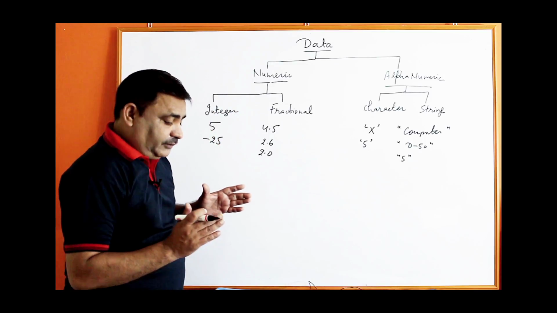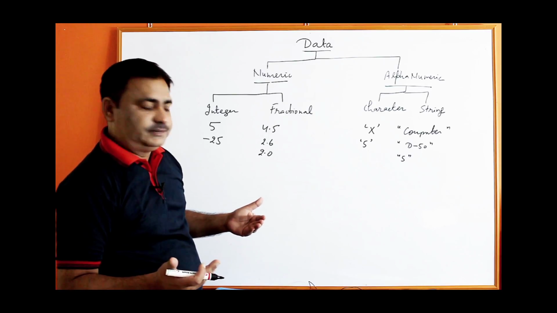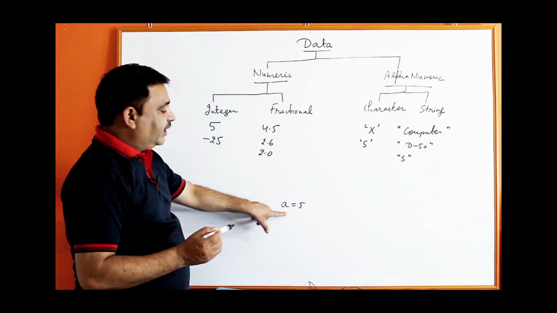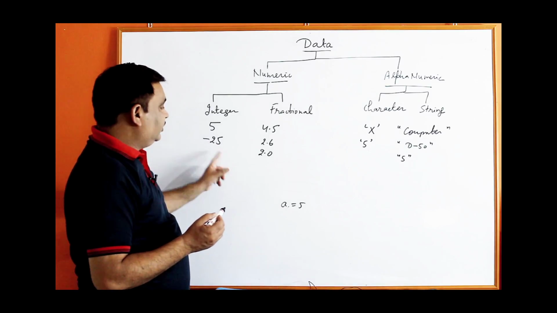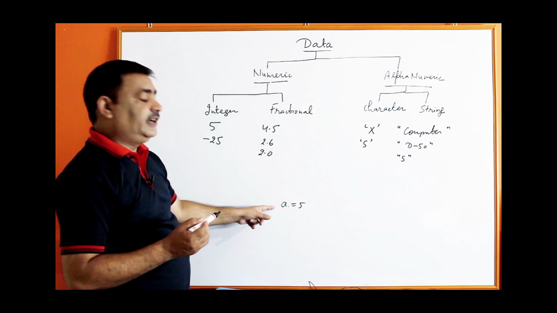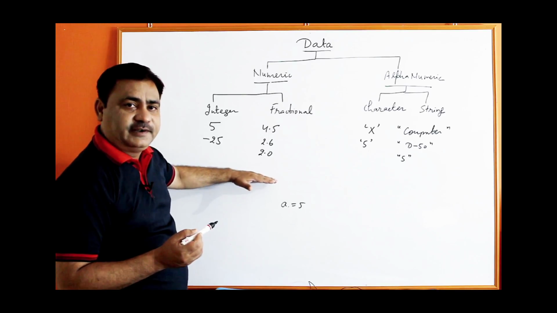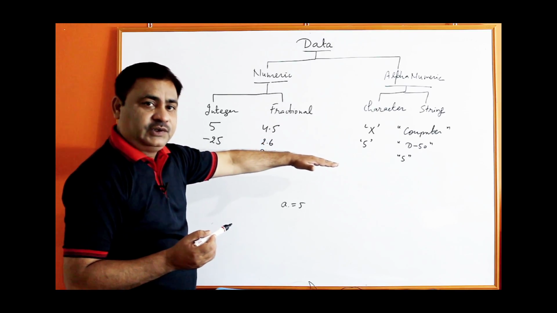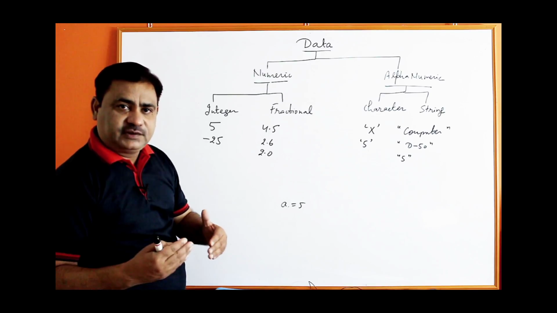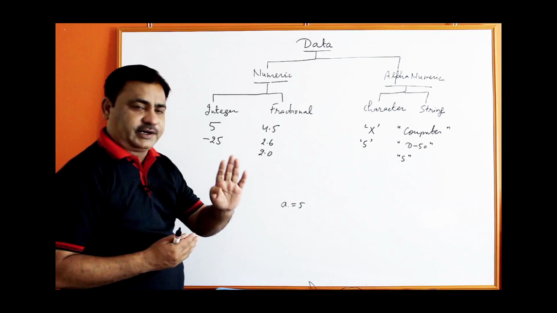Now if you have to write a program in Java and you have to use some variables, like the variable a equal to 5, what type of variable do you have to take? You have to take integer, fractional, character or string. So you have to declare it first, at the beginning of the program, what type of variable it is. So Java provides us 8 primitive data types. Primitive means predefined data types. For integer types, Java provides 4 data types.